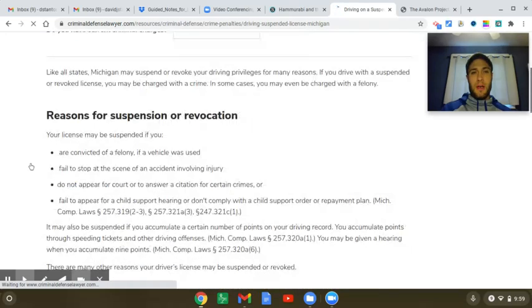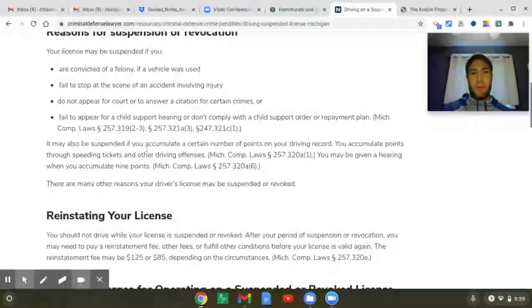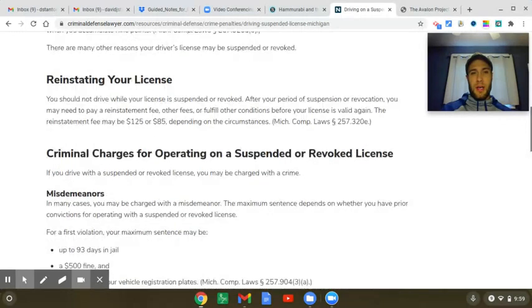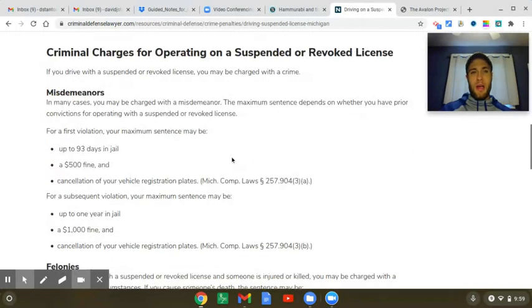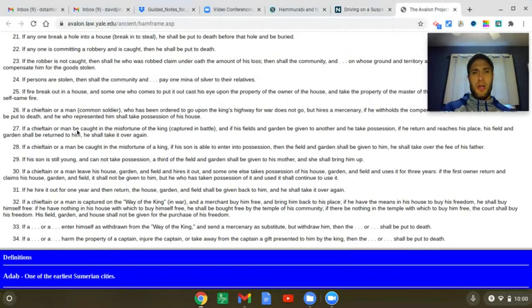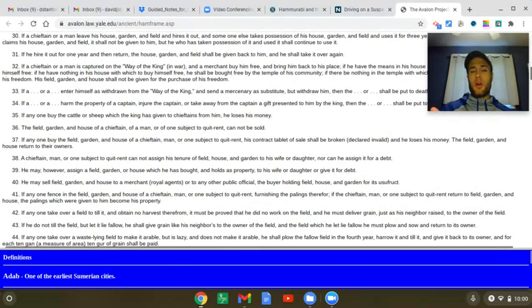So it talks a little bit about it, and then it says, you might be charged with a crime, and here are potential punishments. So just be aware of the Michigan law code. It may require clicking on a few links to see what exactly that crime means and how we would punish it in Michigan, versus Hammurabi's law code, where it's all out on one page. So just be aware of those differences and how to navigate the two resources.